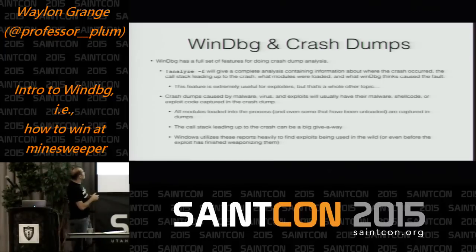But WinDbg will open the crash dump and show you what's going on. It's got this module called analyze. It'll tell you why it thinks it crashed. So not only do you get the error code, but it'll say, hey, this program crashed, I think it was this reason in this function. So it'll kind of point to the call stack and say, this is what went wrong right here,